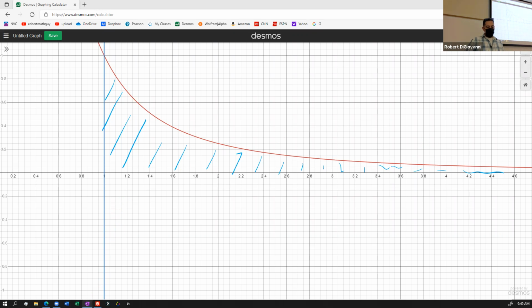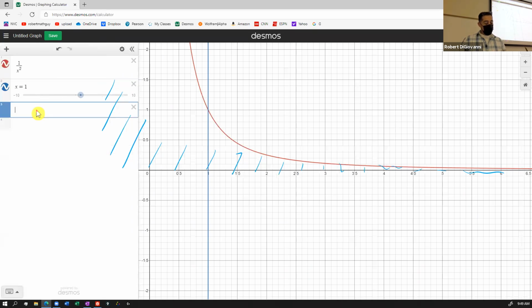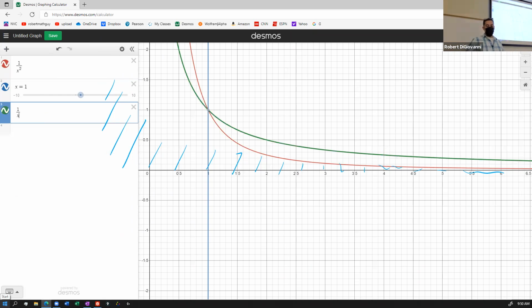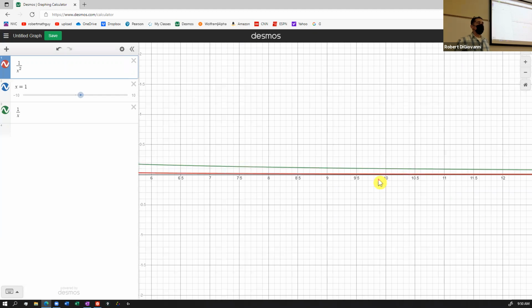So I'm going to graph this also, just so you see it. I'm going to graph the problem we did before this, 1 over x. Okay, 1 over x is in the green here, right? The area under the green one from 1 to infinity, that diverged. So what I'm saying for the green one is this. If you go out and stop somewhere, whatever answer you get, I can always get bigger